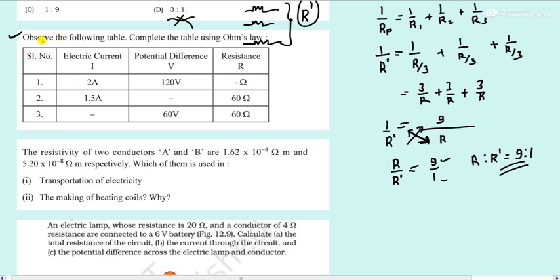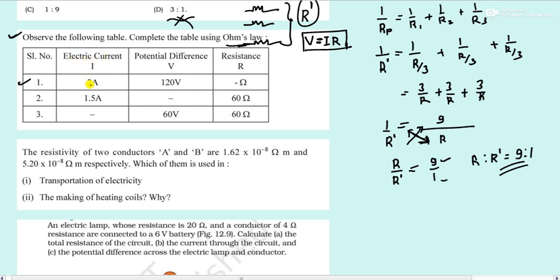Observe the following table, complete the table using Ohm's law. So what is Ohm's law? Always remember, V is equal to IR is Ohm's law. Mr. Ohm was a very big veer. He was a Hindi wala veer. So remember this trick. So what they have given in the first column,